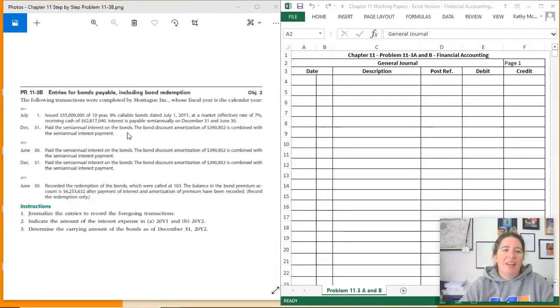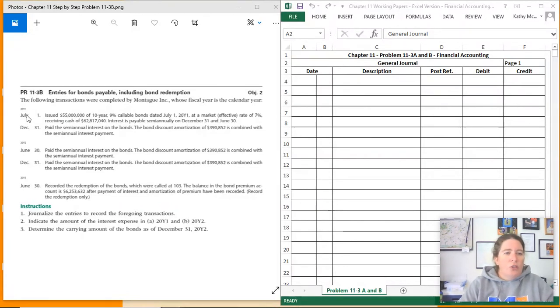Hello, today we're going to look at problem 11-3, entries for bonds payable, including bond redemption. So basically we're looking at when we issue a bond, how that affects our journal entries and when we're paying interest on those bonds. Okay, so the following transactions were completed by Montague Inc., whose fiscal year is the calendar